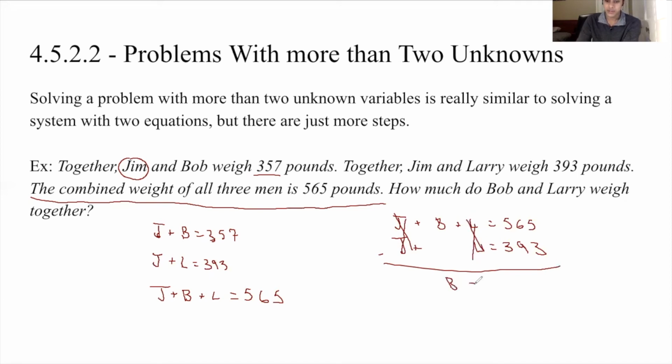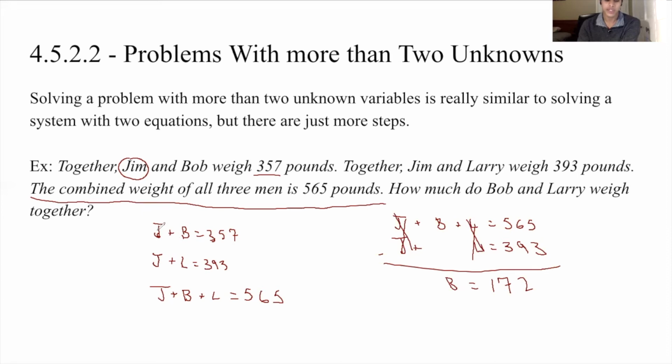And so B is going to be equal to 565 minus 393. And then 565 minus 393 is, give me a second to do this in my head, 172, I believe. Yeah, 172. So Bob's weight is 172 pounds. And so that's why I chose elimination with this one, not that substitution wouldn't work, elimination was just a little bit more efficient. So since we know that Bob's weight is 172 pounds, now we can use that to